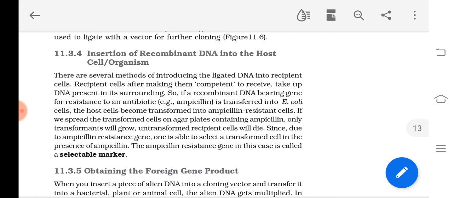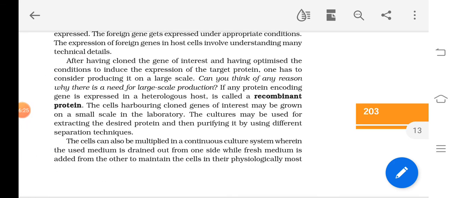Some microorganisms. So in this way, if we need to produce on a large scale, then we need to what? Use some bioreactor. So that we are going to study. The protein obtained from that, we have already studied that the products of genes are what? Mainly proteins, isn't it? How is DNA controlling the character of a cell or of an organism? By producing different kinds of proteins. We have already discussed that, isn't it?